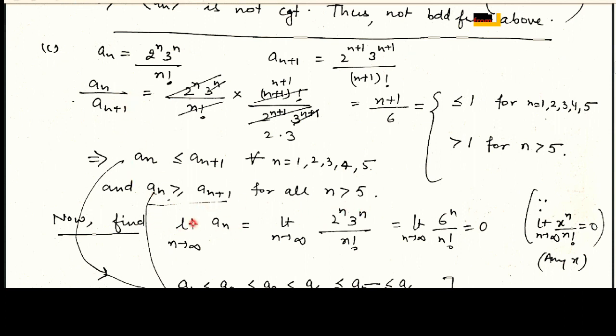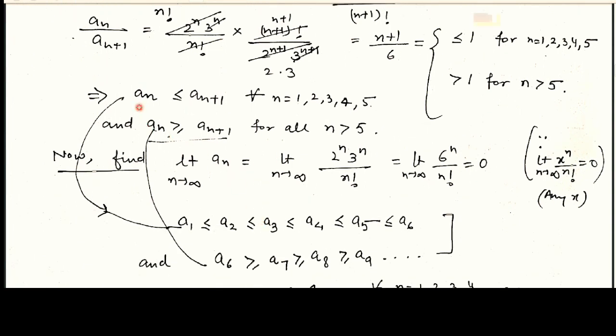So next we will find out its limit. Since we know that by standard limits the limit of x^n/n! is 0 for any x, so this limit will be 0. Now since our sequence is convergent, clearly it will be bounded, right? Now just see the behavior of the terms of the sequence. What is given to us is that a1 is less than or equal to a2 is less than or equal to a3 up to a6, right? When you put n to be 5. So up to a6 you are satisfying this condition, and after 6 you will have this relation: a6 is greater than or equal to a7 is greater than or equal to a8 and so on.